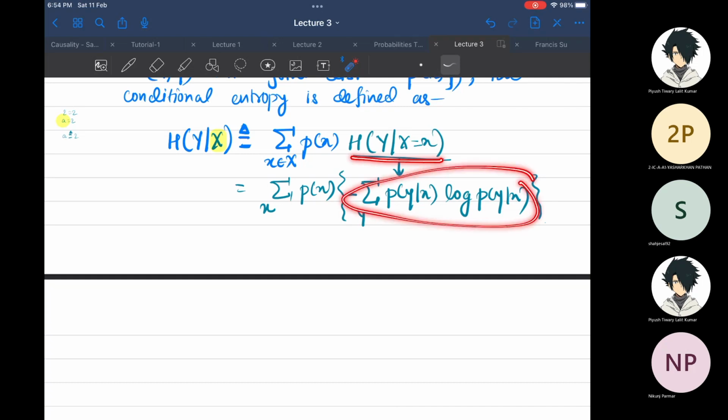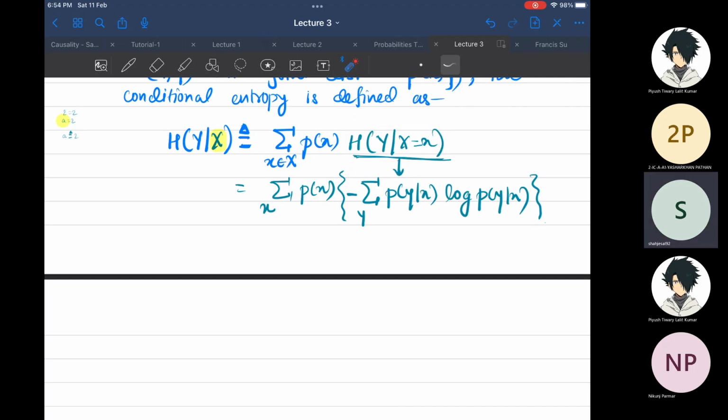Now what I am asking you is, take all such small x's, calculate all their conditional entropies, whatever this entropy is, and then multiply them with the corresponding probability of x and sum them all. So am I making sense, or is it not clear maybe? Yes, we get it. Right? So this is what this means.